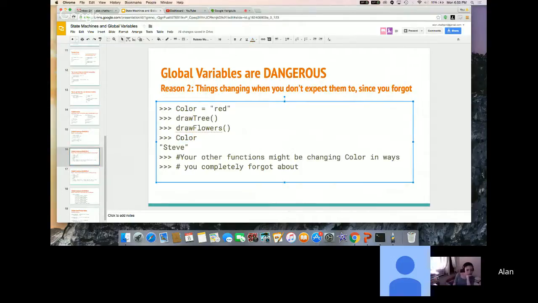I want to figure out what's in it. Steve. Somehow one of these functions at some point said, I'm going to go ahead and set the color to Steve. I don't know why, and most importantly, I don't know where. Draw tree might have a draw branch subfunction, which might have a draw leaves subfunction. It's kind of a silly example, but more likely you might have this all of a sudden be yellow,